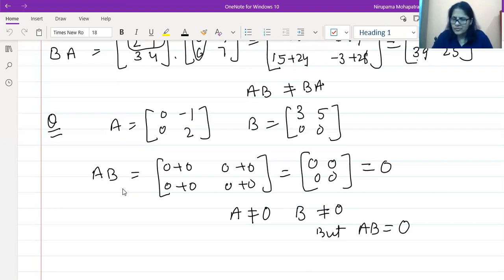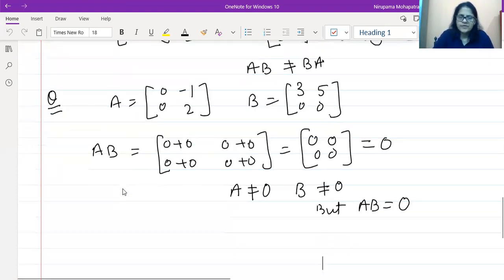It has to go through the whole topic. Whenever you take the product of two matrices, make sure it is defined. Okay, otherwise you can't find it out. If it is not defined, how can you find it? Okay, and of course, A square, A cube, for all these things, A square means we are not squaring each and every element of the matrix. A square means multiplying A matrix 2 times. Okay, and A cube again like this.